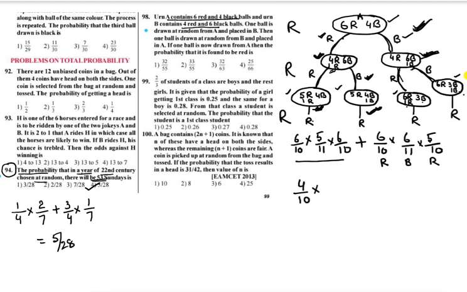Next the third case. See, black ball transferred, black ball transferring from first bag is equal to 4 by 10. Again a red ball has to be transferred, red ball transferred from this bag is equal to 4 by 11. Again from this bag we have to draw a red ball only, that is equal to 7 divided by 10, plus next black ball, red ball. Here what we did: first black, next red, next we got red.